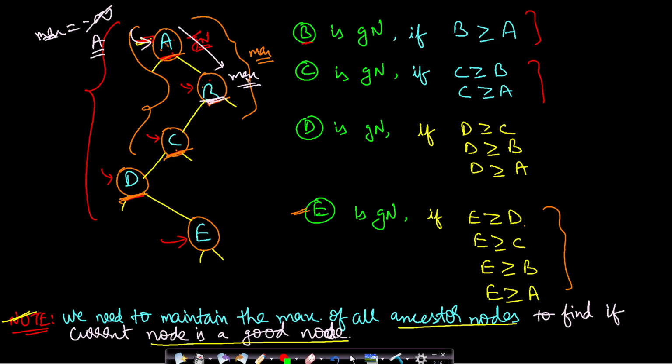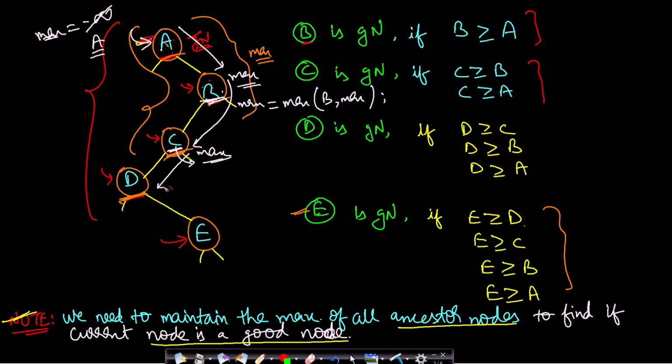So if B is greater than or equal to maximum, then this will be a good node, otherwise this won't be a good node. Now we need to pass this maximum to C, but the maximum will be updated here. Maximum will be the maximum of B and the already known maximum value. So if B is greater than maximum, then maximum will be updated to B. And whichever is the maximum among A and B will be passed on to C. Now C will simply be compared with maximum. And if C is greater than or equal to maximum, this will be a good node, otherwise it won't be a good node, right? This is how we will do it.